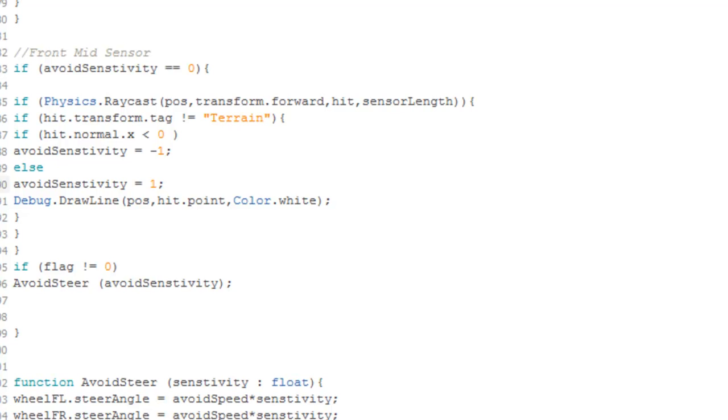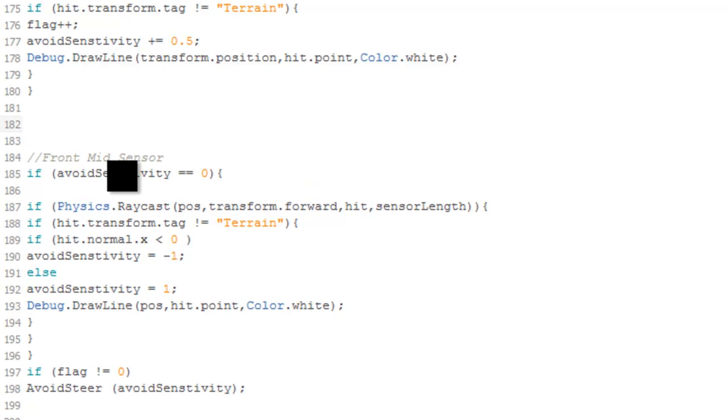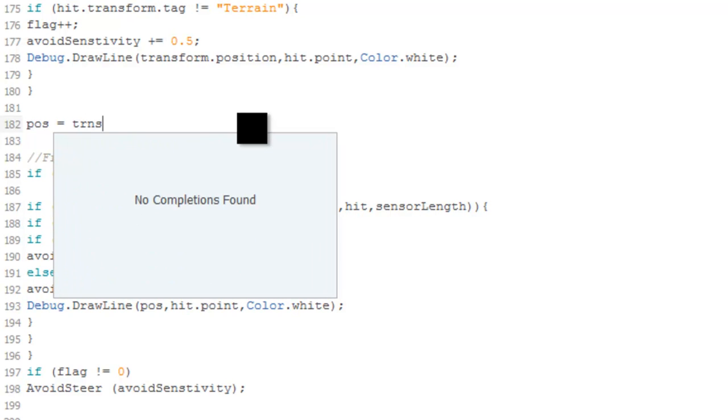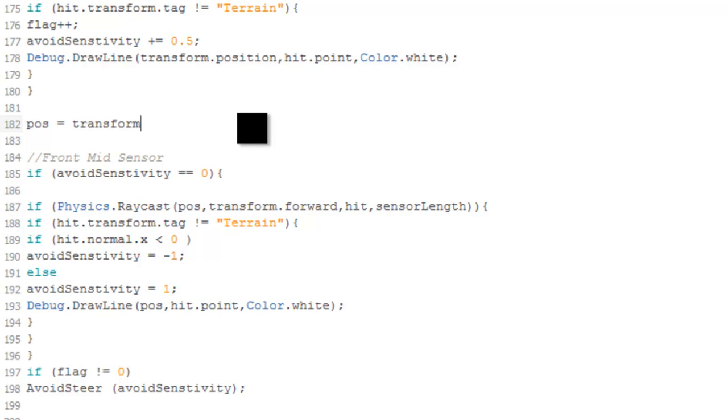The next thing we did wrong is this sensor is not being created in the middle. It's being created on the left side, the left front side. So that's what we're gonna fix. First thing is we're gonna set the position. Sorry, let me turn caps on. So position equals transform.position. The next thing is we're gonna set it to the forward base,